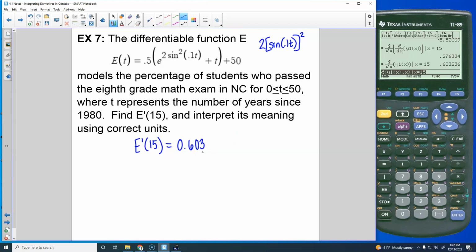So we got to think about what this means. And so if we think about E of t, it tells us the percentage of students who passed. So passing percentage goes on our y-axis. And t is our years, specifically our years since 1980. So when we have t equals 15, it's 15 years after 1980. So that would be in 1995, and we're going to say the percentage